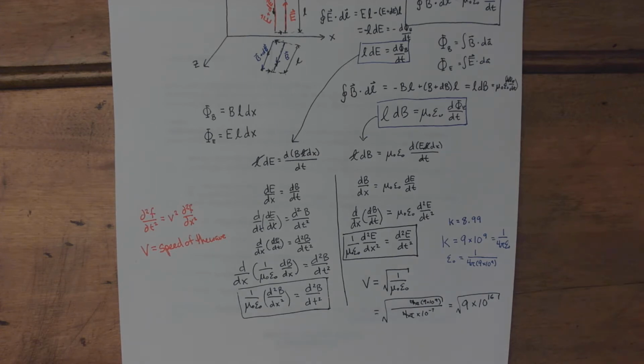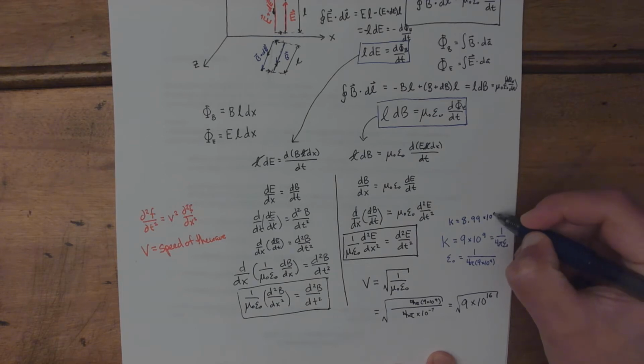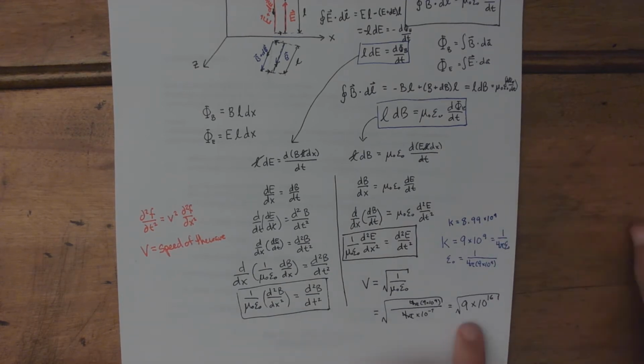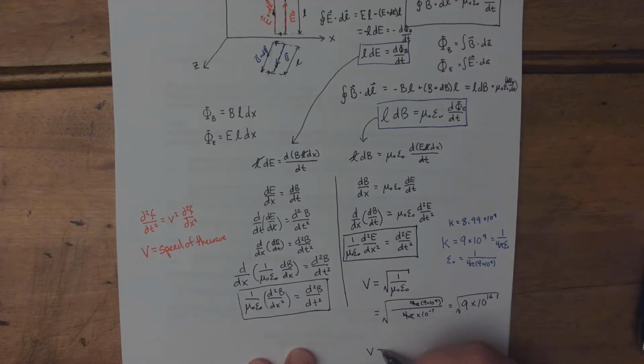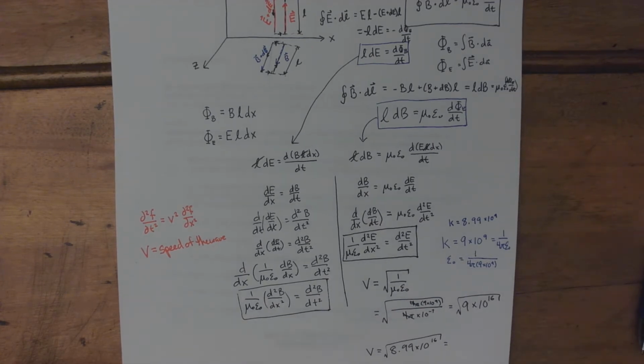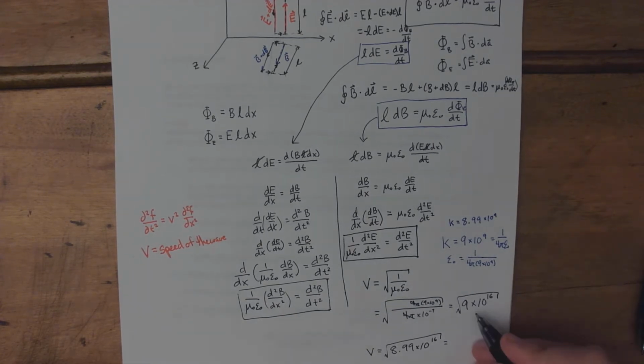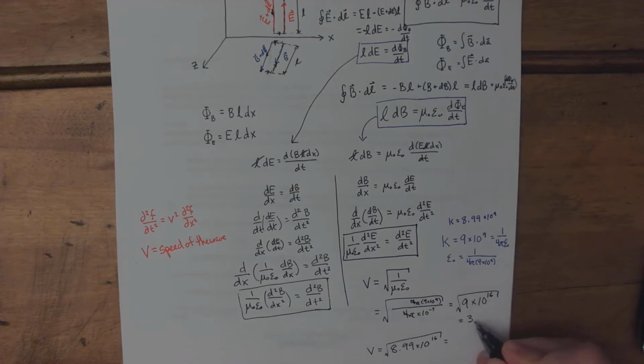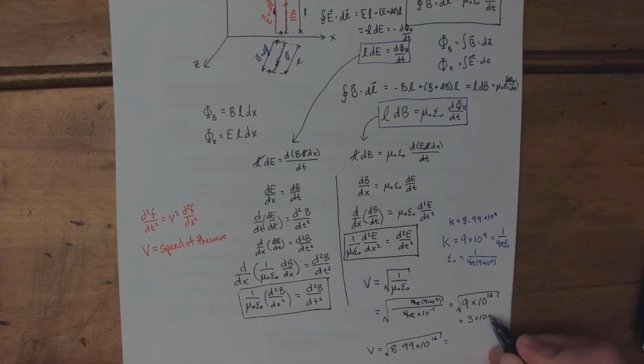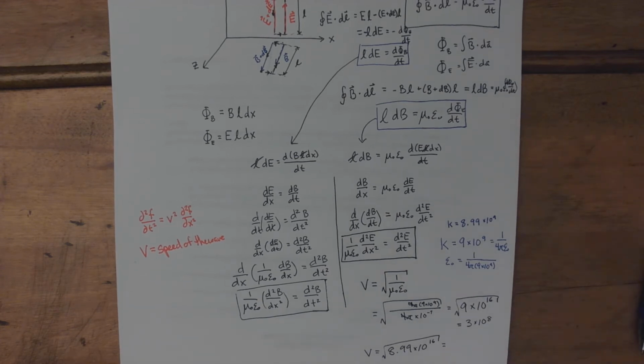We're just going to use 3 significant figures, so it's 8.99 times 10 to the 9th. So I could do 9 times 10 to the 16th, or 8.99 times 10. If I put that in for K, then it would be this times 10 to the 16th. Now we are going to take the square root. If I do it with just 9 times 10 to the 16th, that gives me 3 times 10 to the 8th. But if I do it with the 8.99, we take the square root of that, and we get 2.998